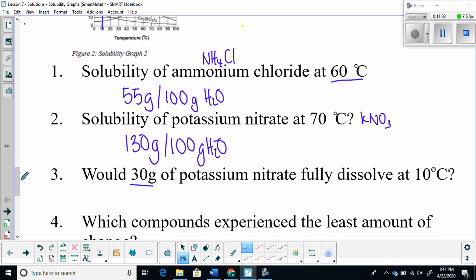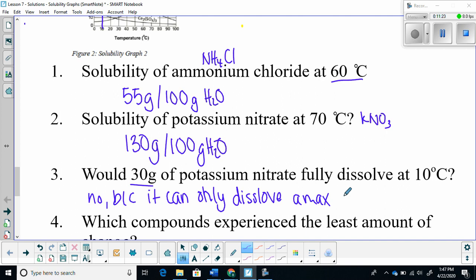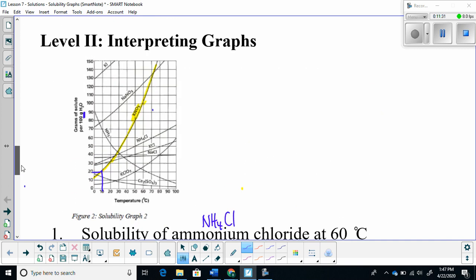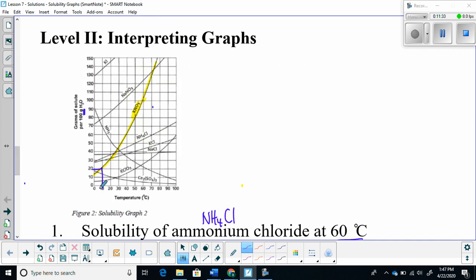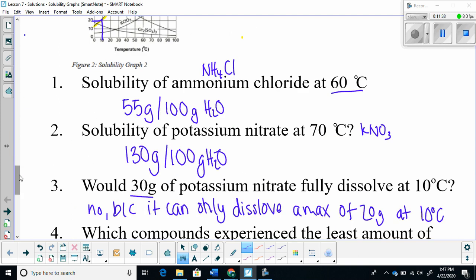So I'm going to go ahead and scroll down, and then, so would it be able to fully dissolve 30 grams? No, because it can only dissolve a max of 20 grams at 10 degrees Celsius. Okay, so going back, it can only dissolve up to 20 grams. So if we were to add 30, we would end up with a little bit of our compound that's left